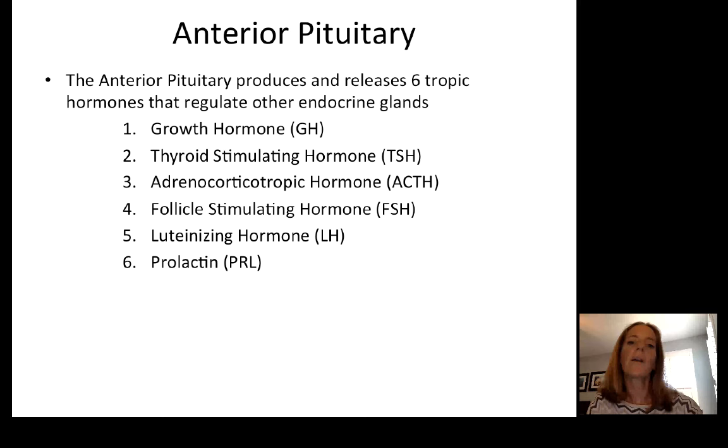So what I want you guys to do is print out the chart that I'm going to link to this lecture. And in part 2, we're going to go one by one through the target glands, through the endocrine glands. What is it that the workers doing the work for homeostasis are actually doing, and how are they being managed by the hypothalamus and anterior pituitary, and what are those endocrine gland targets? So get out a lot of notes, print out that chart that I'm going to link to this,